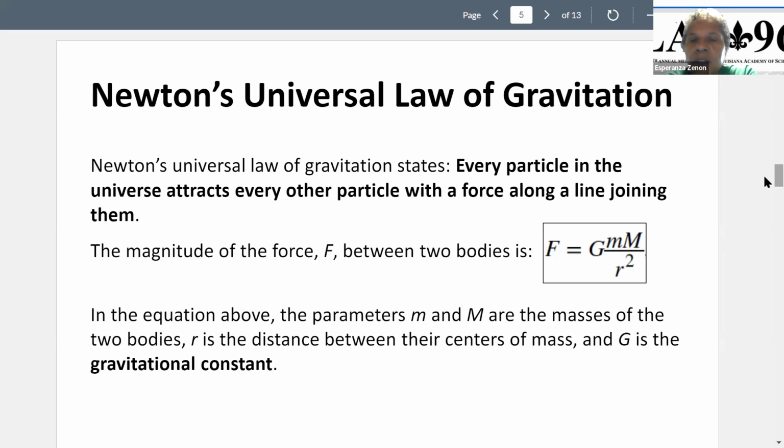So these two M's, the little m and the big M, are the masses of our two objects. And R is the distance between them from center to center, okay? We don't have to really worry about that too much, the distance between them, okay? And then this other value in the formula, big G, is what we call the gravitation constant. Some books will call it the universal gravitation constant. So with this formula, we can figure out the force of attraction between any two objects in the universe if we know their masses and how far apart they are, okay? So that's a pretty powerful formula,